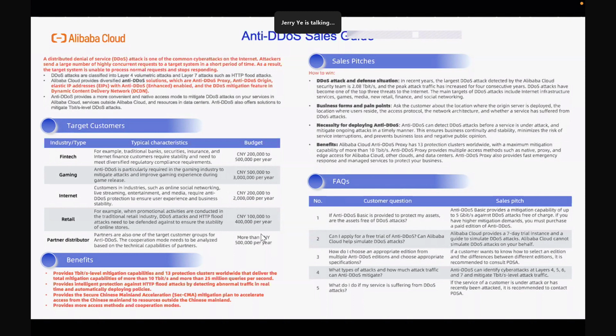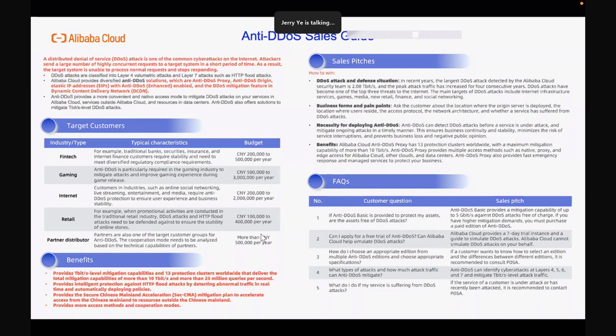If that is the FSI, then we would like to know about the regulations, requirements, or compliance requirements. Then we know if it is very necessary to have the anti-DDoS solutions. The second one is that when we understand their business, then we will know if business continuity is quite